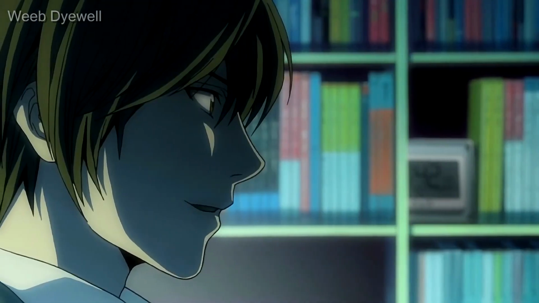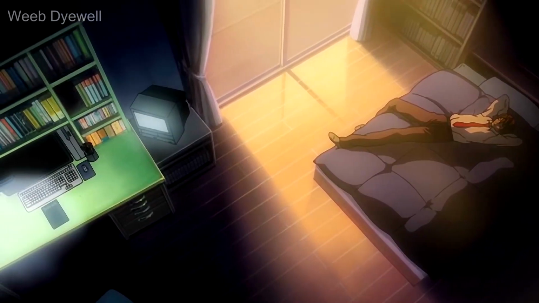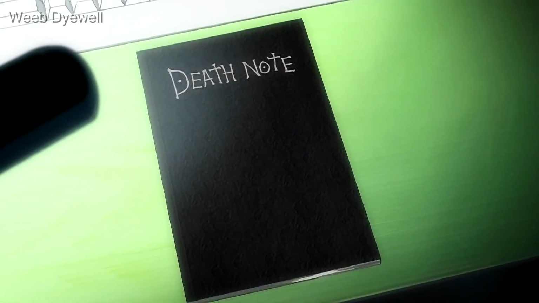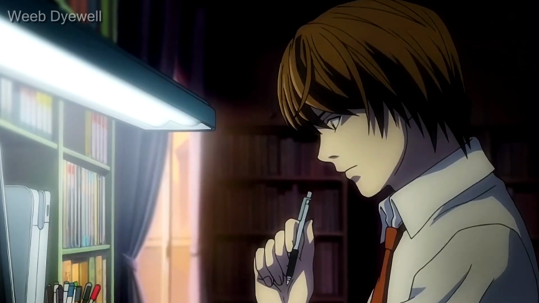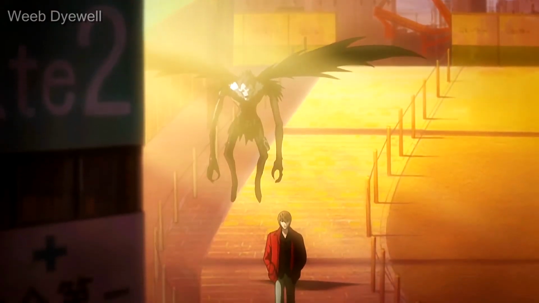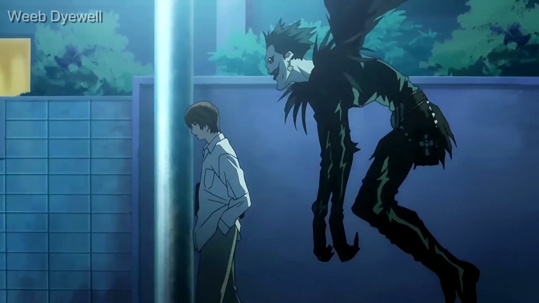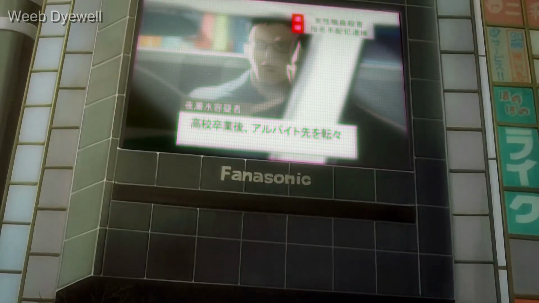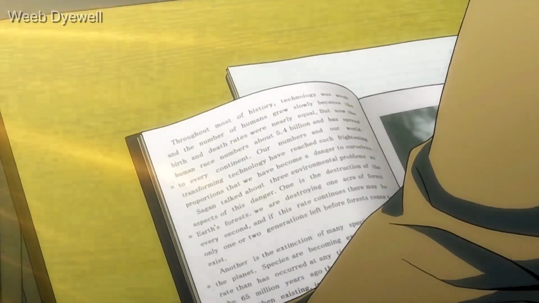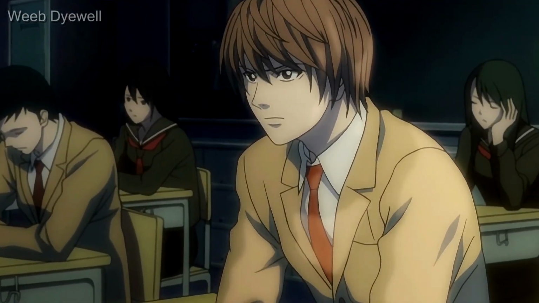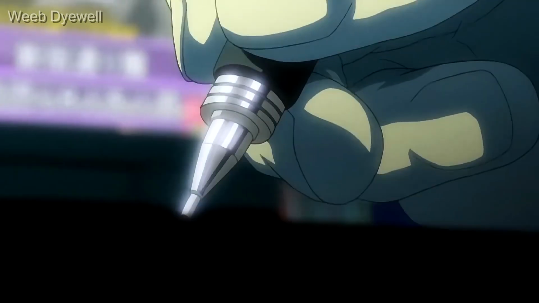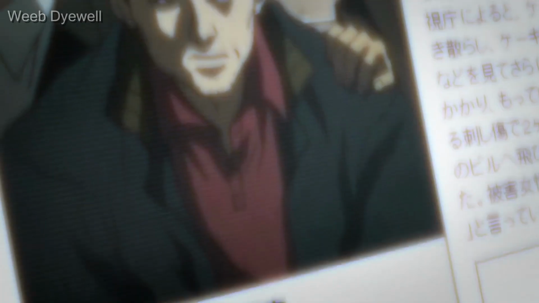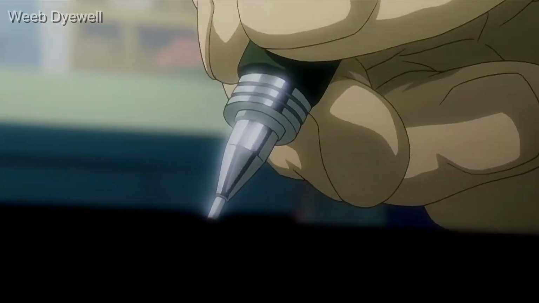Light became more of a vindictive person in the anime series, where he was full of hatred for his classmates every time he eavesdropped on their conversations. He already had hate for the people around him even before getting the Death Note. But in the manga, he wasn't as malicious as he was in the anime. Instead, he kept more to himself as a loner. However, he didn't hate what life had brought him. He was just bored and wanted some thrill in his life. And gaining a Death Note for sure provided him with a lot of that.